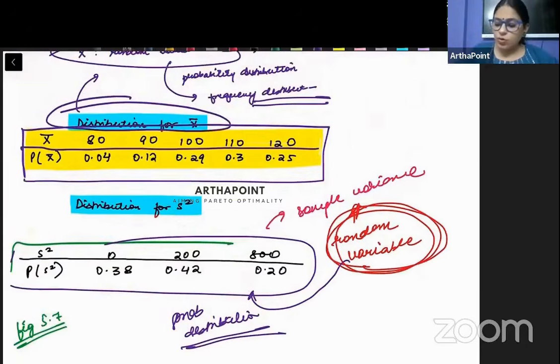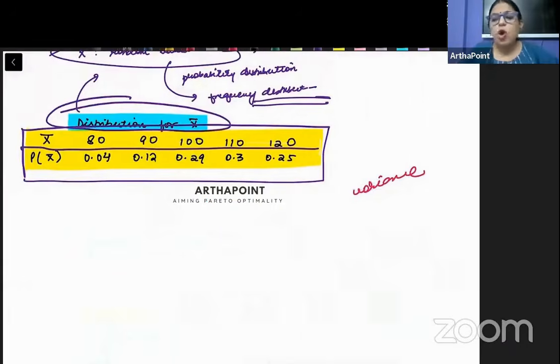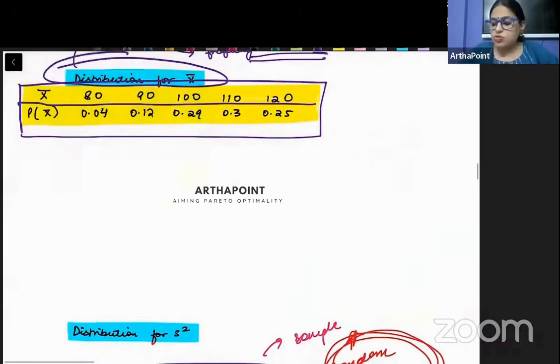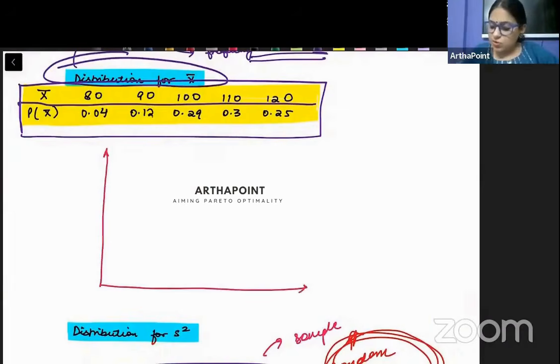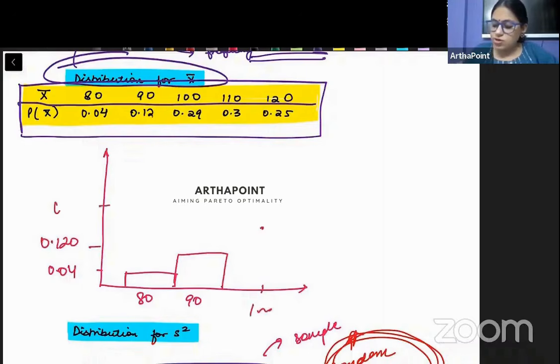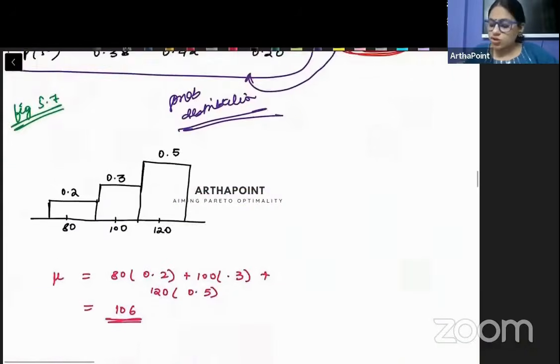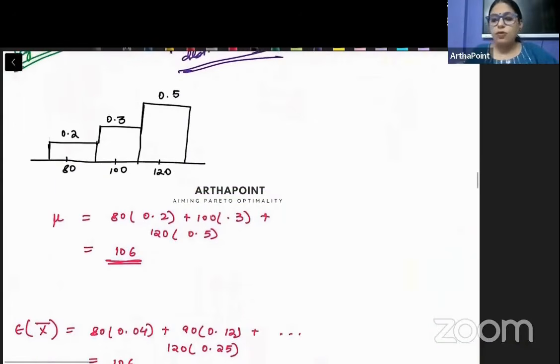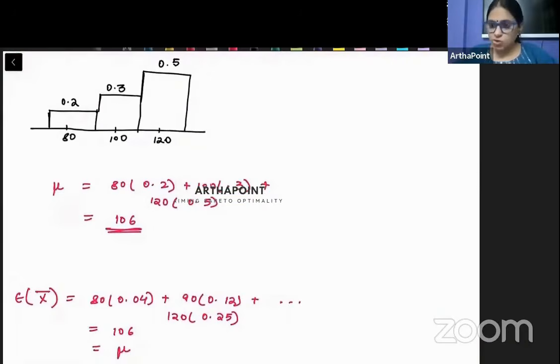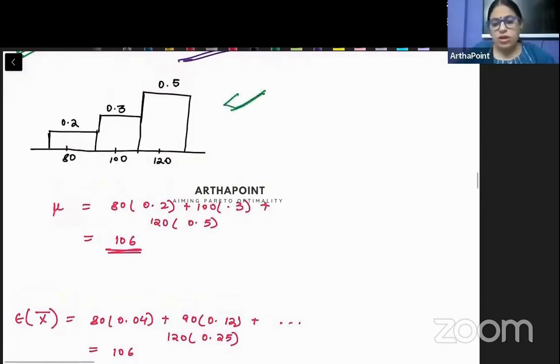Now, what we can do, therefore, beta, is also plot this. Because this is a probability distribution, I may very well want to plot this. So for the mean, I can say that for value 80, its probability is 0.04, and for 90, its value is 0.12, and for 100, its value is 0.29, and so on and so forth. So this is what the book has done. For different values, the book has made a histogram. This histogram in particular refers to the histogram of the population.